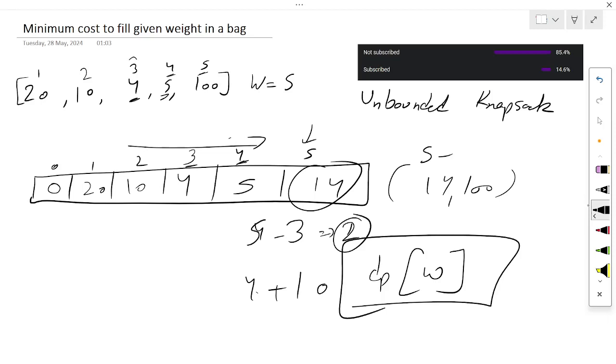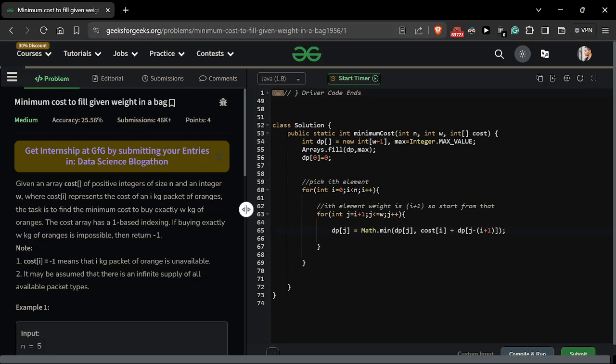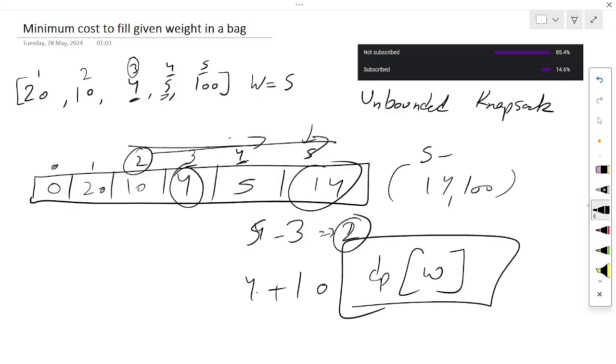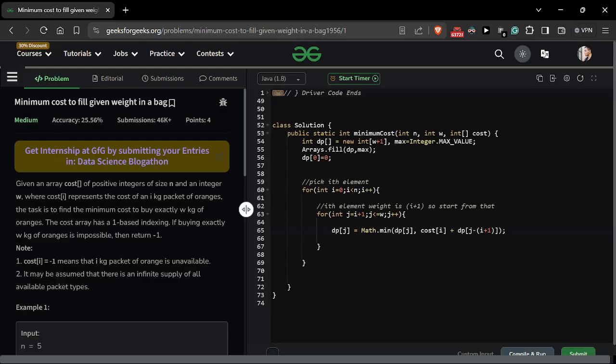So now for dp of j, I am considering the minimum cost, whether it is already filled or I am considering this element, where j is our current weight minus the i plus 1 current element weight. So using this approach, I can solve this question.